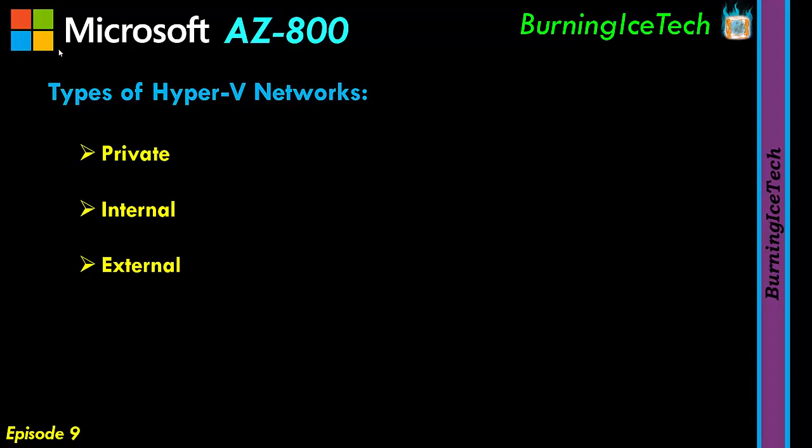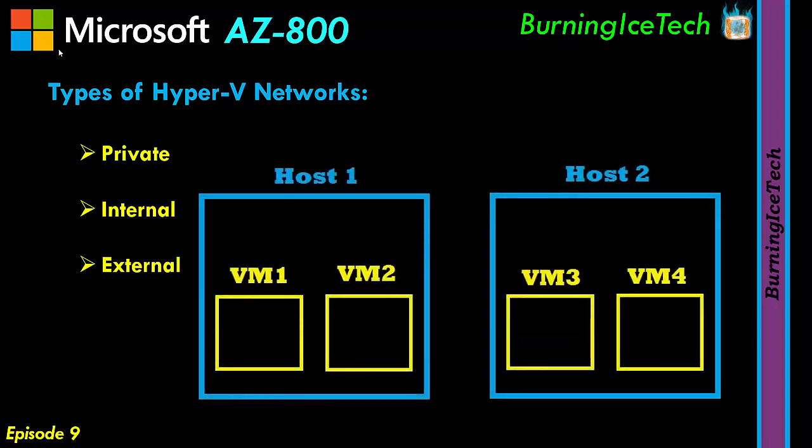So let's put that into a picture for you guys. You can imagine those two big blue blocks being two physical hosts. This could be a desktop or a laptop, could be a server, that's besides the point. And on both of these two hosts, I'm running two virtual machines on each. Now, I want you guys to focus on the one on the left, host 1, more specifically virtual machine 1